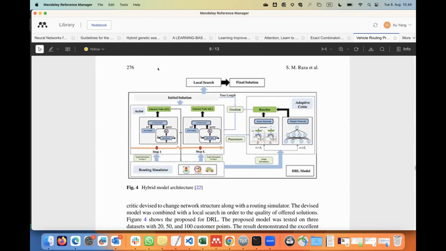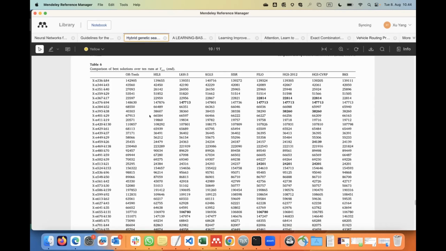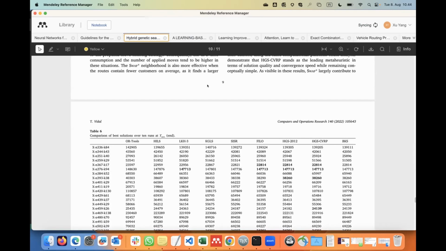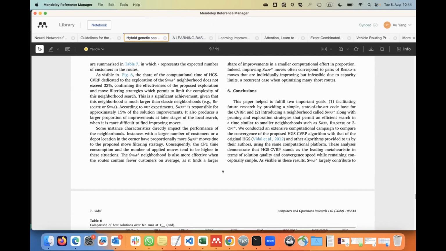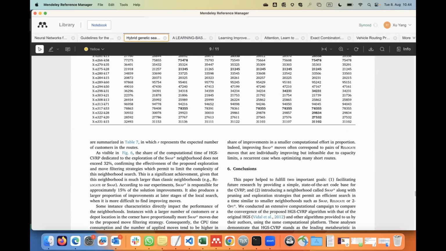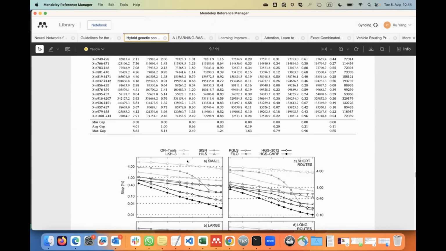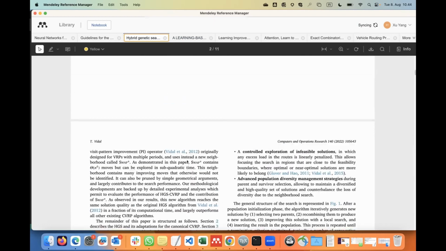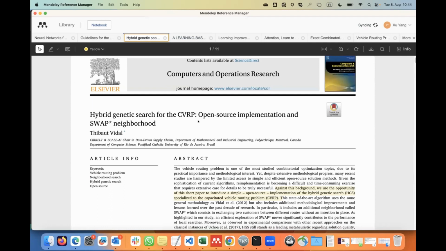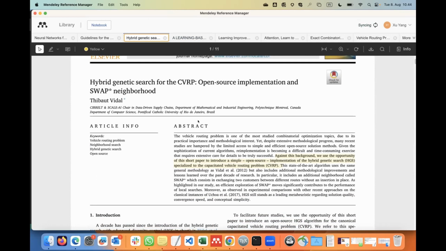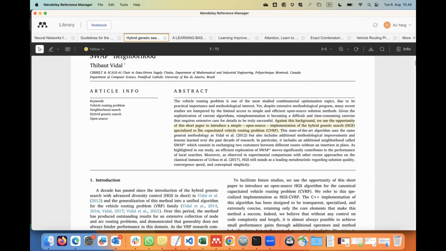And here are the 2 papers I intend to run experiments on, and this is the first one. It provides an open source implementation, but I'm still reading the source because it's in C++ instead of Python.